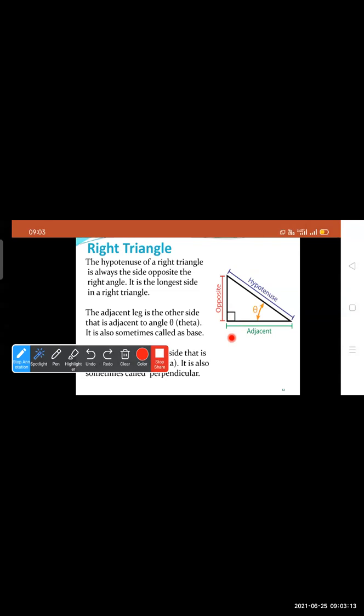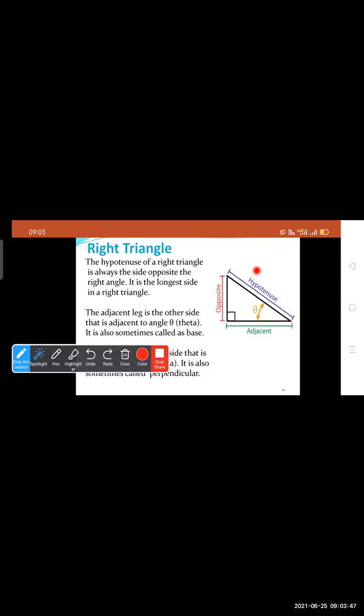And there are two sides. See this one. Okay, if this is the angle theta, when we subtend angle theta here, then this side is known as the opposite side. Okay, opposite side this one, and this is the adjacent side. So in a right angle triangle, we know three things: when we make some angle here, adjacent side, opposite side, and hypotenuse side. So students, you remember only these three things.